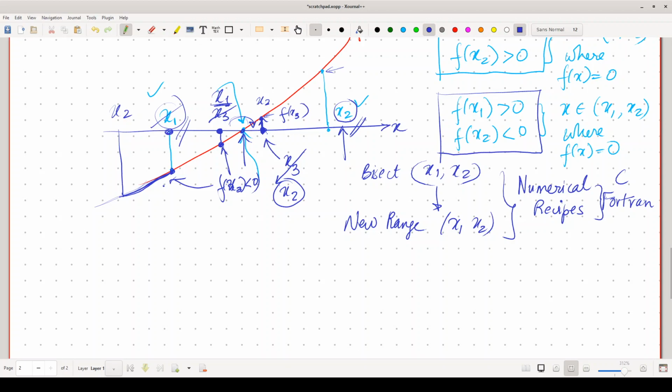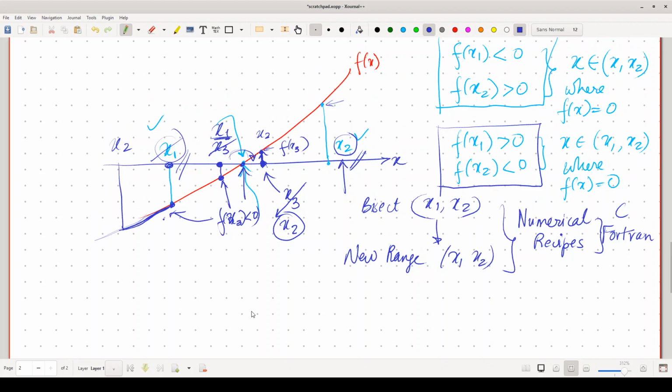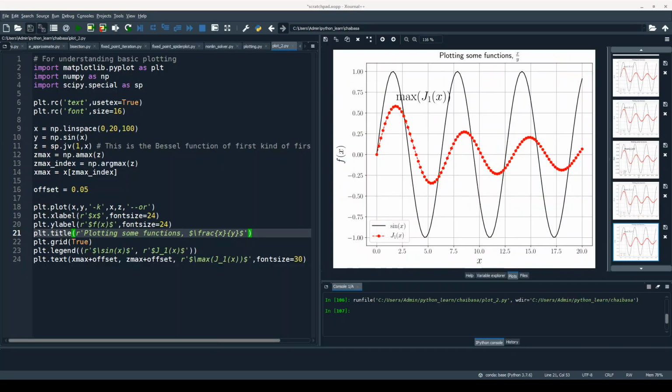So let us go to our Python environment, having understood what the algorithm gist is. As we go along the algorithm, we will see how it will look. So let me change the screen. Yeah.